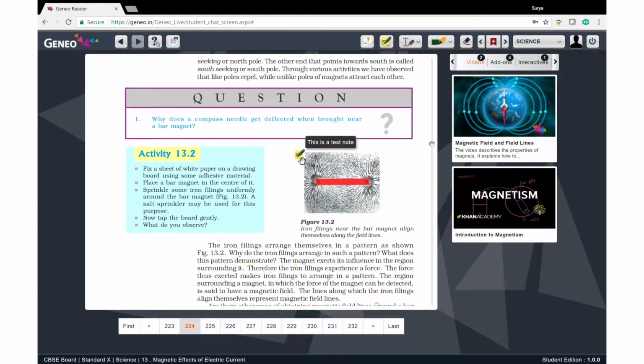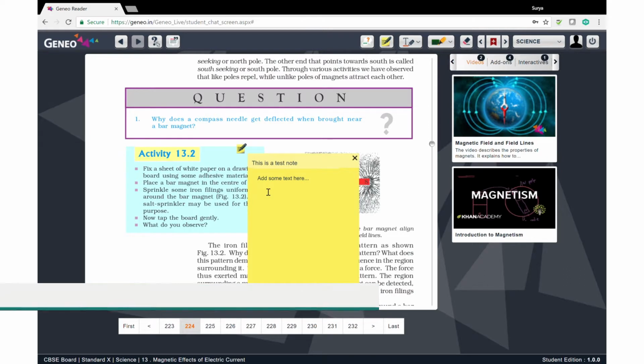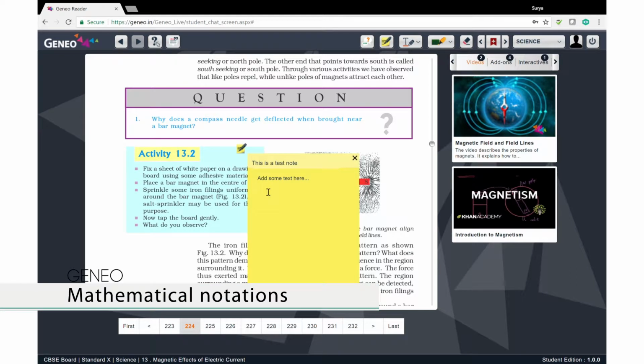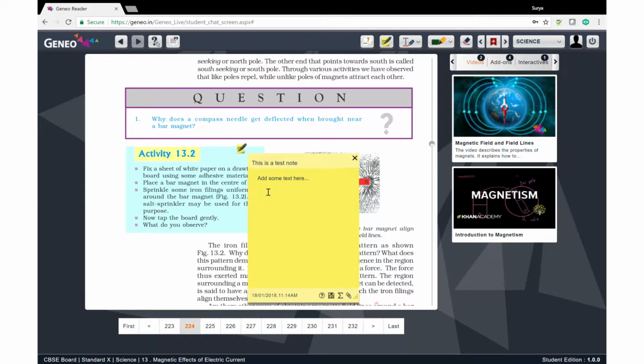The other things that you can do with the note are, sometimes once you've created a note, we have to go into the edit mode to go back to editing the note. You'll see that all of a sudden we've got more icons here, which I'm going to explain to you in a second. Sometimes, especially in the areas of math and physics, you'll have places where you need to put mathematical notations into your notes. And you can do that very simply by typing